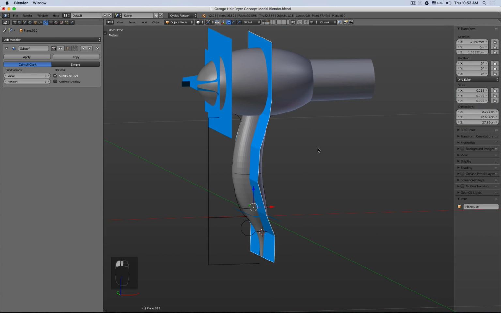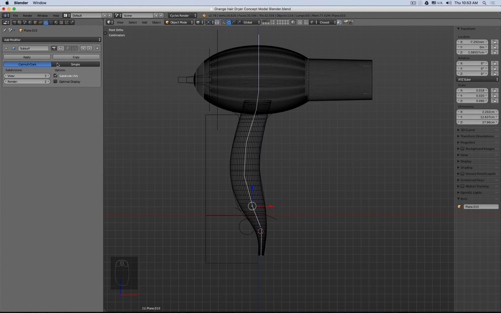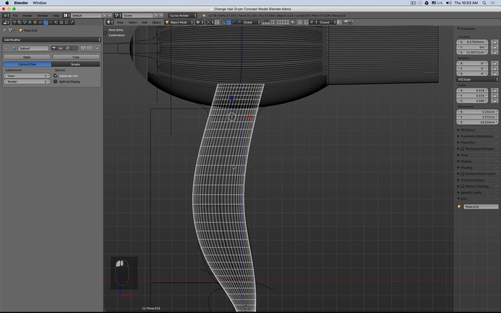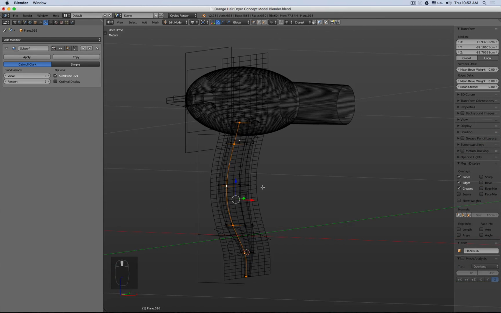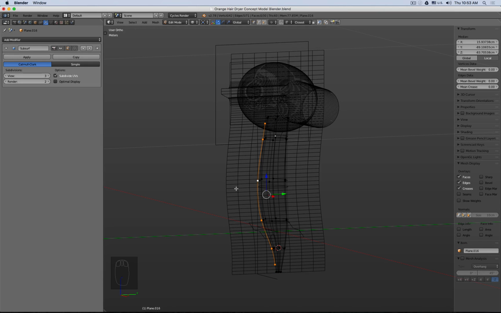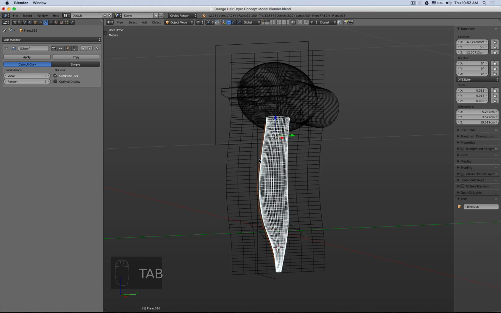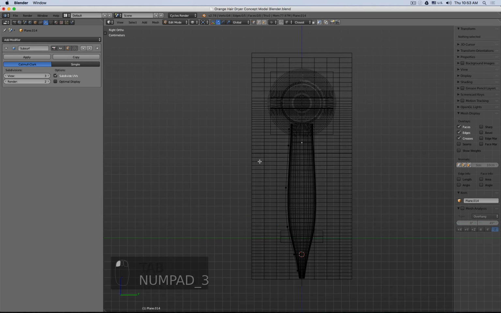I also have here one line. You see this one perfectly runs through the center. So how did I get this one lined up so fast and easily? Actually very easy. All we do is select a midline, Shift D, Escape P to separate, go to the edit